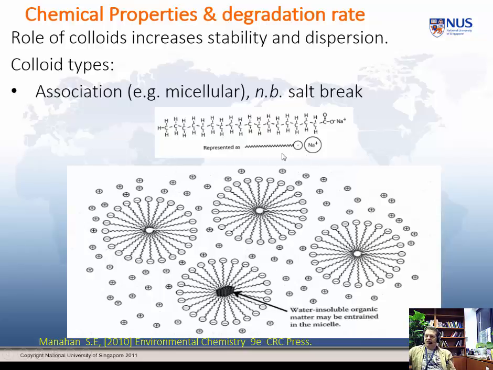Typically a detergent is polar at one end, non-polar at the other, and you maybe have a polar or coordinating substance in the middle. Certainly it's a water-insoluble substance, but you get this whole range of effectively micelles, the non-polar end linked to the particle, and the outer part is polar, so the whole particle becomes a colloid. So water-insoluble organic matter can miraculously be dissolved.